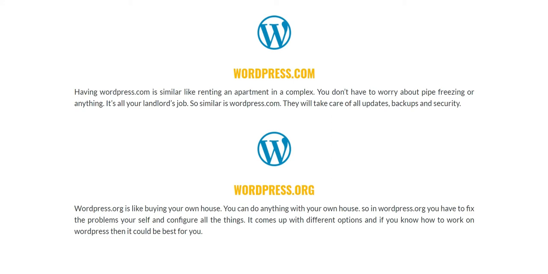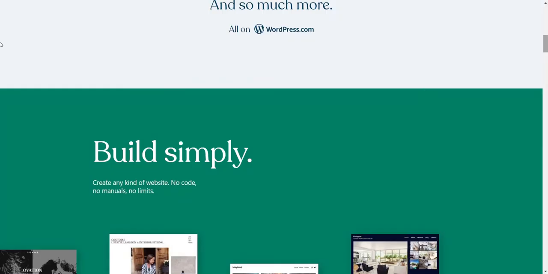And WordPress.org is like buying your own house. You can do anything with your own house. So in WordPress.org, you need to configure and fix all the problems yourself. It comes with different options, and if you know how to work with WordPress, then it could be best for you. In WordPress.com, there are also the same options, but these are changeable and flexible with the different